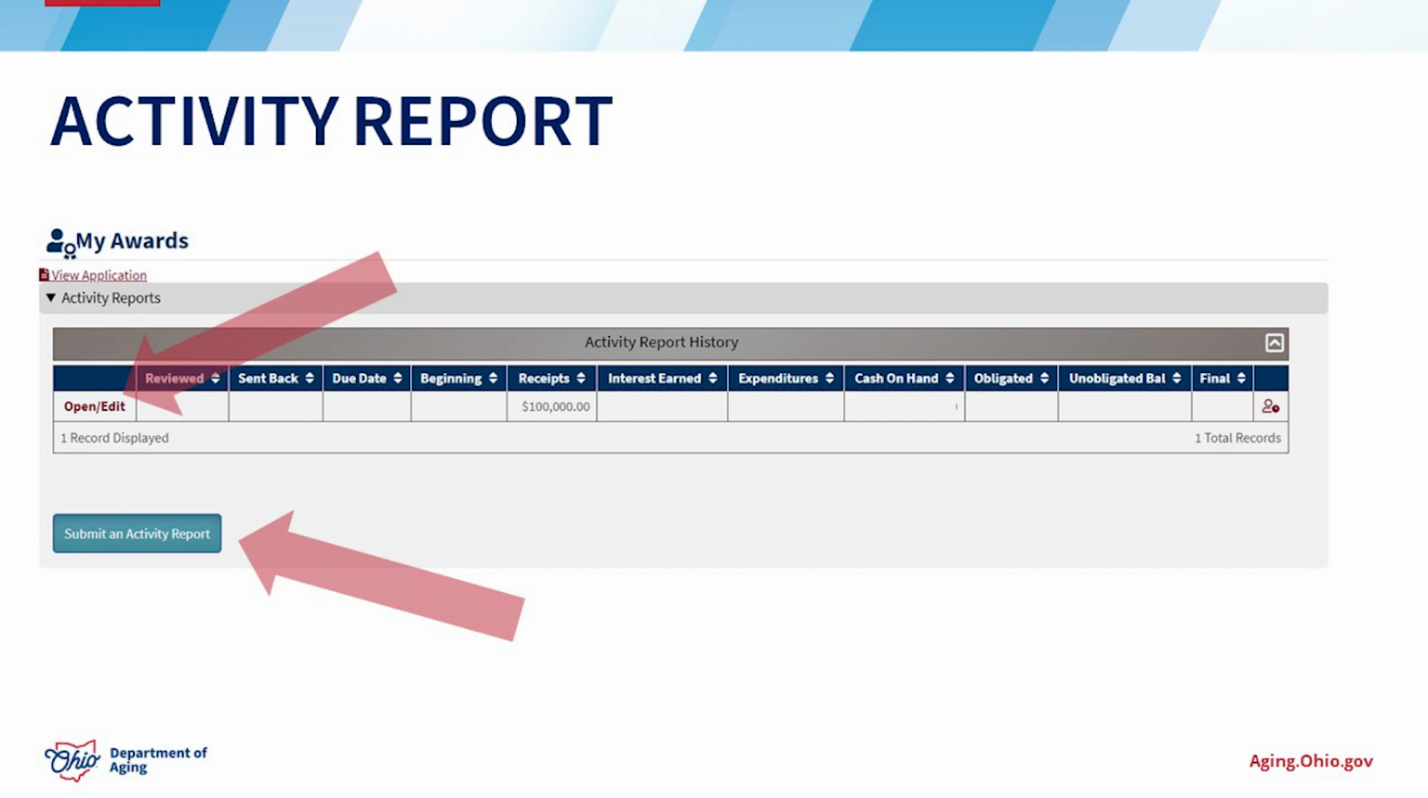Alternatively, if you've already started an activity report or you would like to edit a report you've submitted, you would then select the Open or Edit button, and then you can make changes to that current activity report. If you've already started a submission of an activity report, you'll want to simply click Edit. You do not need to complete a submission in one setting, and you are welcome to edit your report before